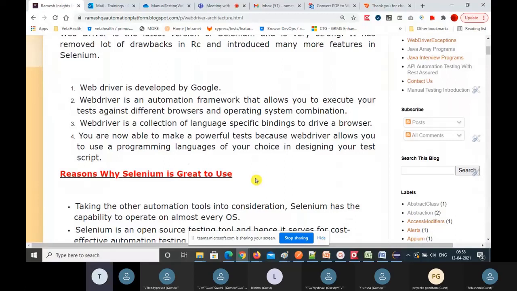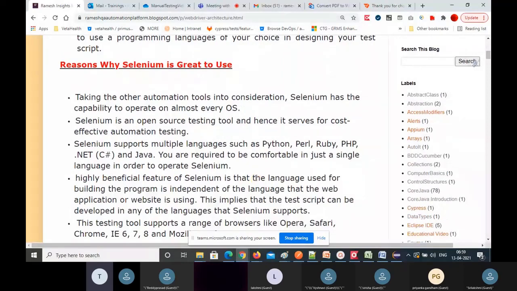That's what WebDriver means. And why we need to use WebDriver is that it is a very strong and powerful functional test tool, because it supports web application testing only, and Windows-based application testing it doesn't support. And another point is it's an open source tool.